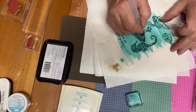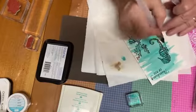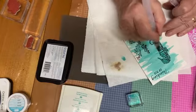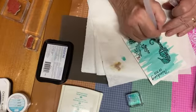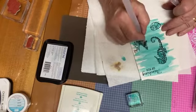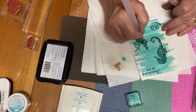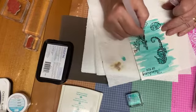Keeps disappearing on me. That doesn't look too bad. I'll make that the same, then we might come back in and do it a bit darker. So with your seaweed, just so that it is a bit more prominent